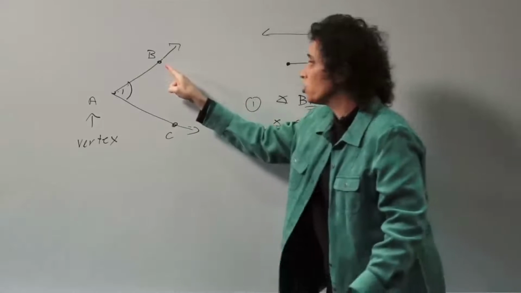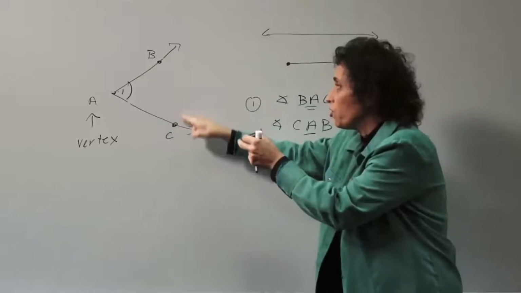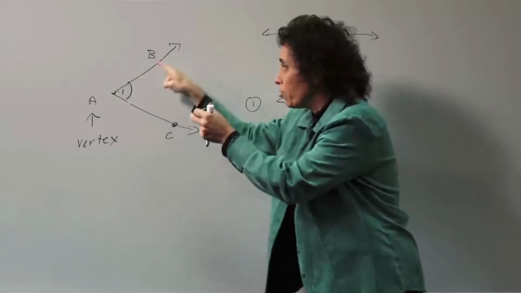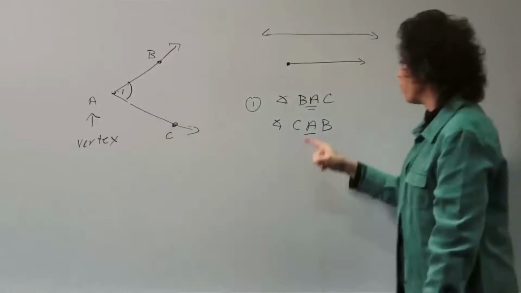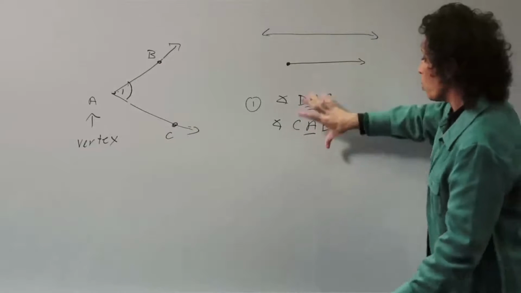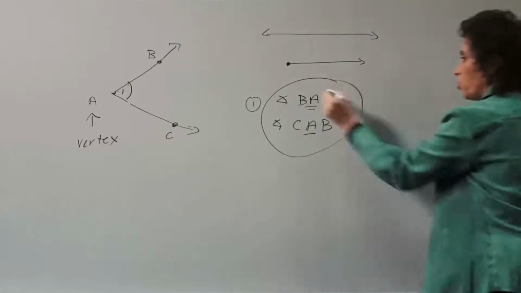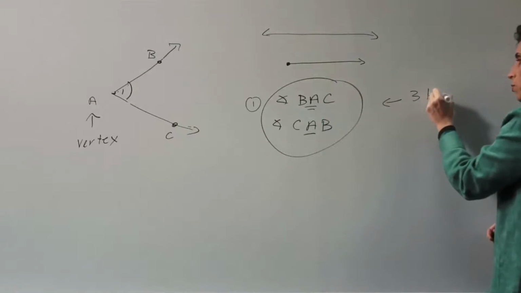It makes no sense to say BCA because there is no connection between B and C, so I can't say BCA because there is no BC. Therefore, there's one way to write an angle with a vertex in the middle. Of course, I can write it two different ways, but really this is one way because this is 3 letters with the vertex in the middle.